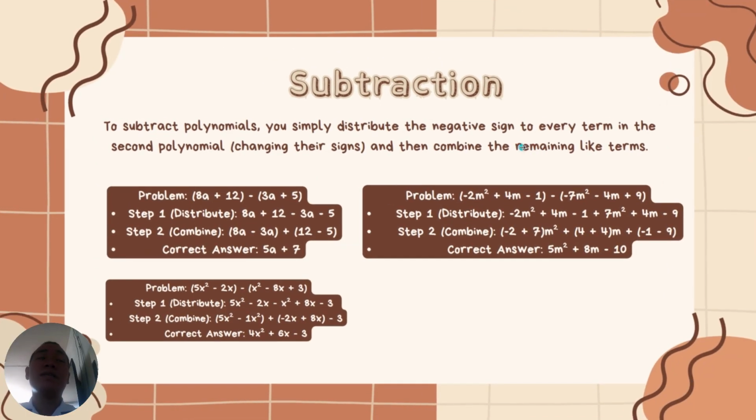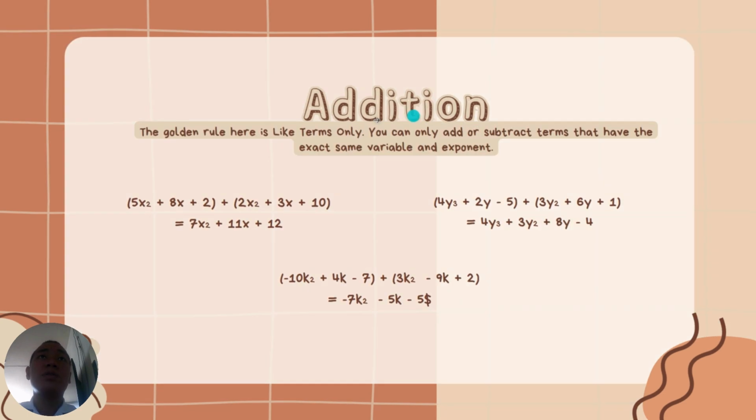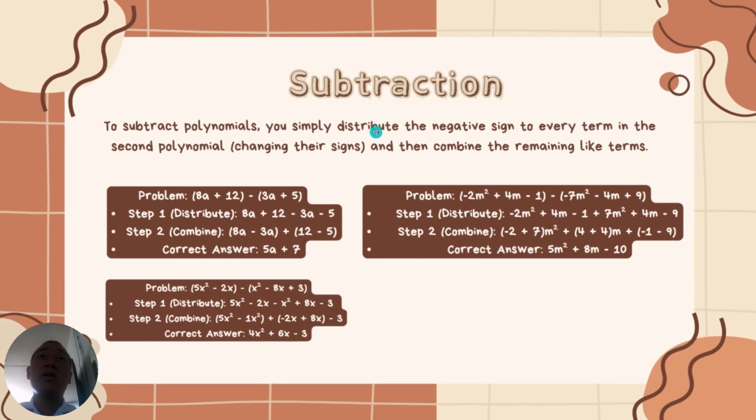Next is subtraction. To subtract polynomials, you simply distribute the negative sign to every term in the second polynomial, changing their signs, and then combine the remaining like terms. Same with addition, where you combine the like terms. Here, you also have to combine the like terms. For example,